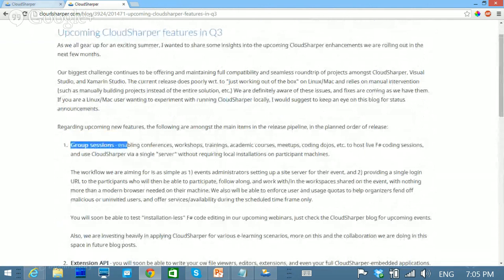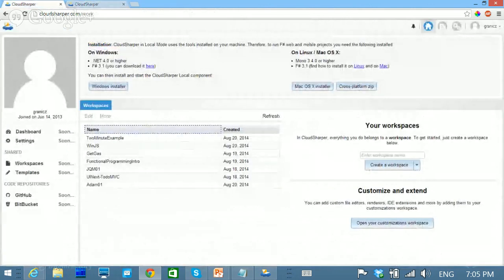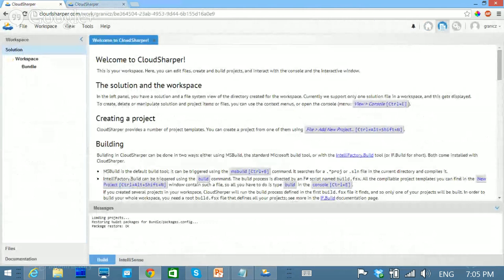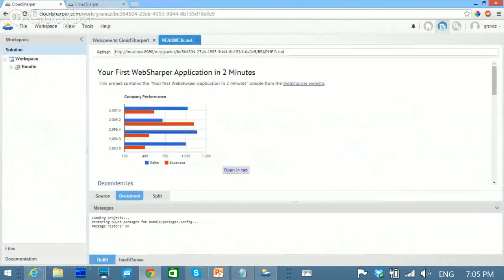But now back to CloudSharper. So here I am. If you actually checked that link, you probably managed to clone that workspace that I had, and you would probably see something like this. So I'm not going to go over the basics. Everybody knows how to use an IDE. They say that if you have a UI and you need to explain your UI to other people,